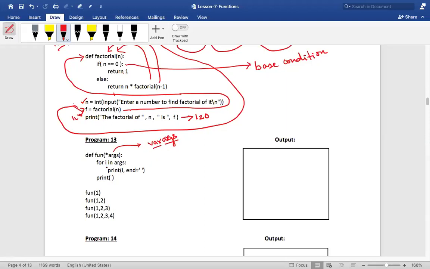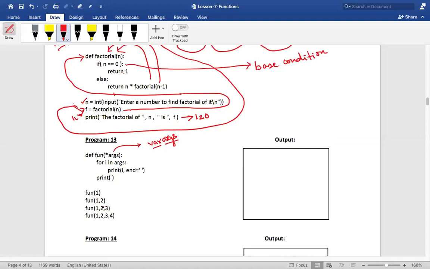It means this parameter can take any number of arguments. How many function calls are there? 4 function calls. In the first function call, how many parameters am I passing? 1. In the second function call, 2.